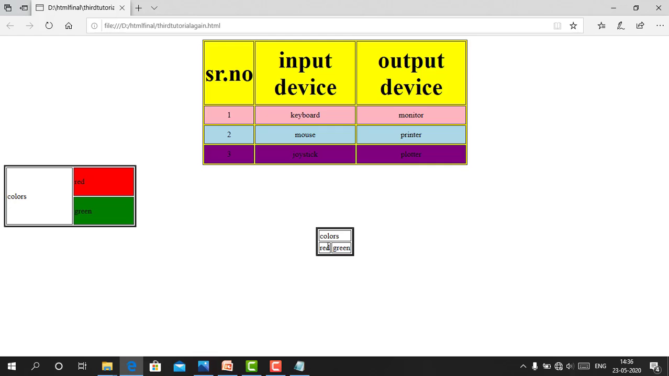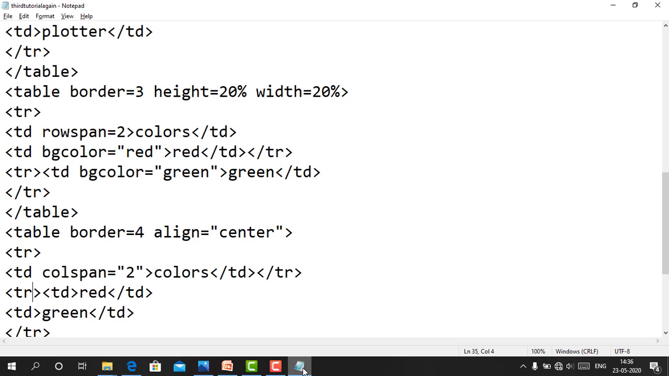We got this. Okay, the height and the width should be maximum because we want a bigger table than previous. That's why height equals to 40%. You can take any measurement. Okay, width equals to 40%, control S, again refresh this,